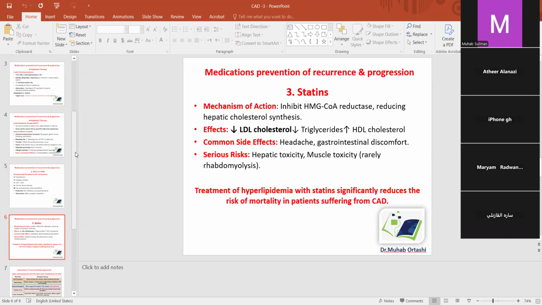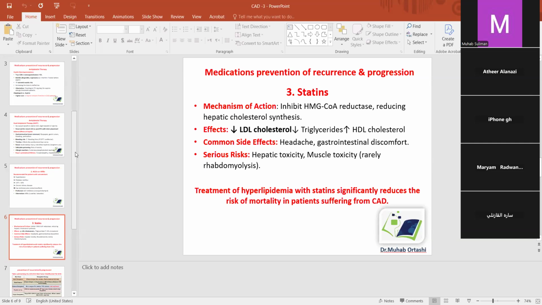The myopathy patient may start with pain in the muscle, and it could progress up to cause rhabdomyolysis, as you know. Like, it's very important to use a statin in patients who have a high risk for myocardial infarction and ischemic heart disease. It is recommended and significantly reduces the risk of mortality for the patient.